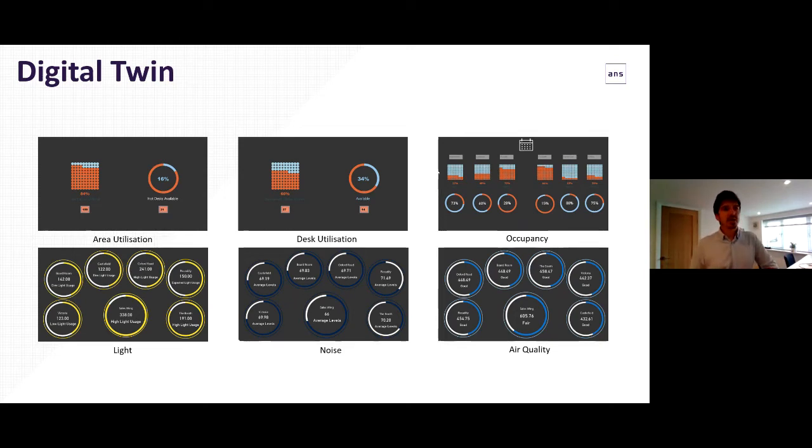We brought light in as well, so light, noise and air quality, so more of the is it a nice environment to work in? Is the CO2 too high in certain rooms? Can we bring the noise down in certain levels? Do we need quiet areas and breakout areas? We see the CO2 one a lot, don't we, Adrian? Because we had that in our office, didn't we, when we first deployed a smart spatial intelligence solution in ANS HQ. You watched the CO2 gradually rise, which is why people were getting tired in the afternoon.